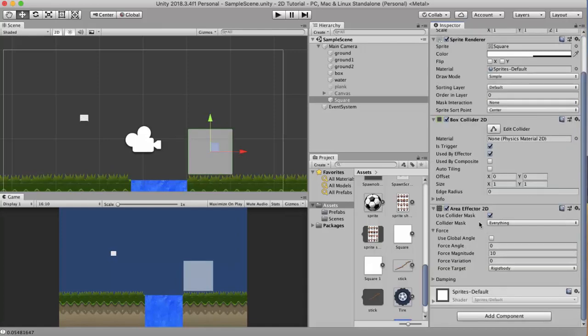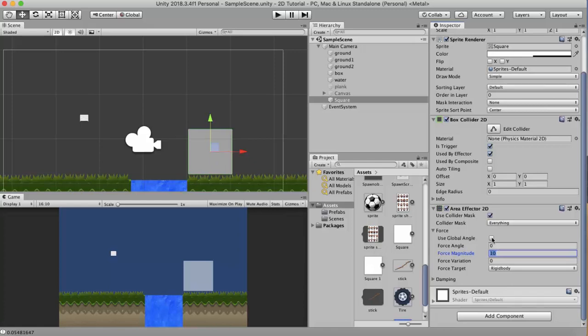Now we'll look at the collider mask and use collider mask in the end. First, we'll understand the use global angle. If you don't check this use global angle, then the local coordinates of the game object will be used as a reference. If I add a force of, suppose, 10 and a force angle of, suppose, 0, and I keep this use global angle checkbox unticked, then it will use the local space coordinates of this box. At present, the local and the global are the same because 0 is to the right. But if I had rotated it to 45 degrees, then the 0 would be pointing diagonally right. I hope you have understood what I said.